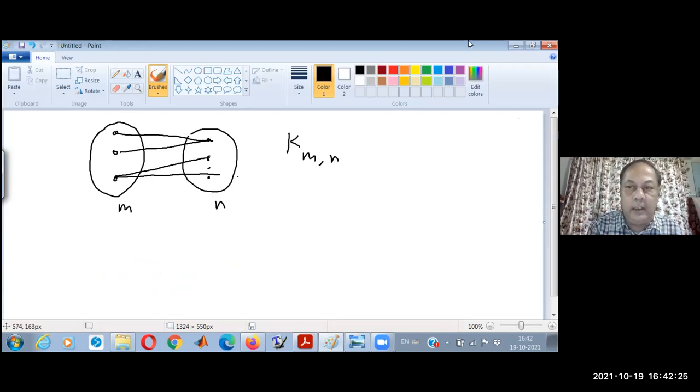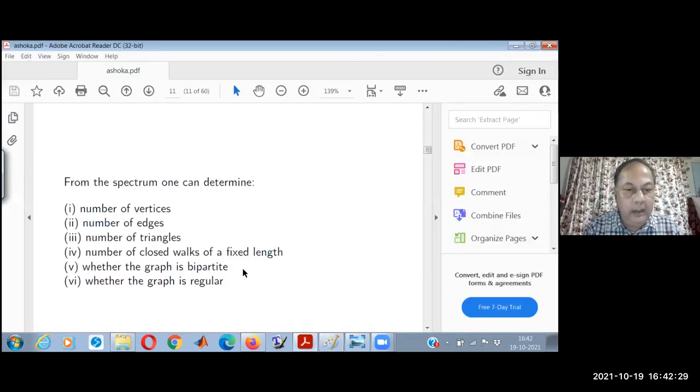So it is a little surprising that this can also be determined from the spectrum, but there is a small theorem that a graph is bipartite if and only if the eigenvalues are symmetric around the origin. It requires a short proof, but just looking at the graph, if the eigenvalues are symmetric, like +5, -5, and so on, all of them, there can be 0 also, then and only then it is bipartite.